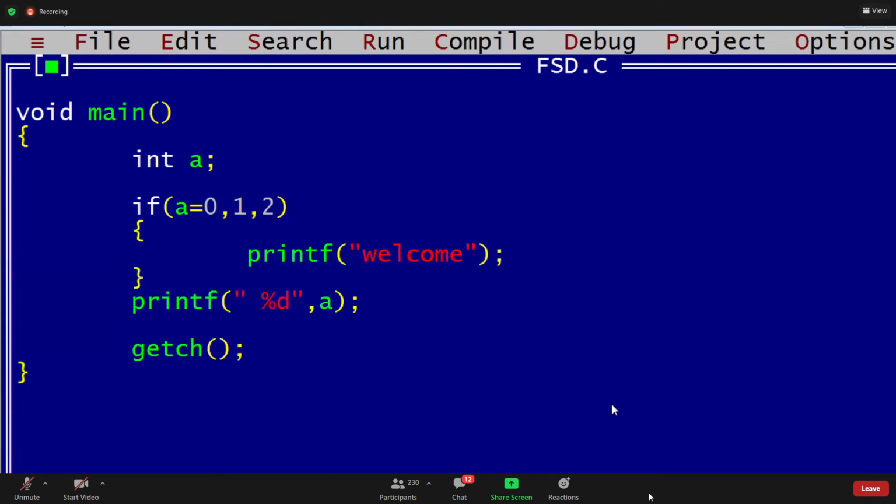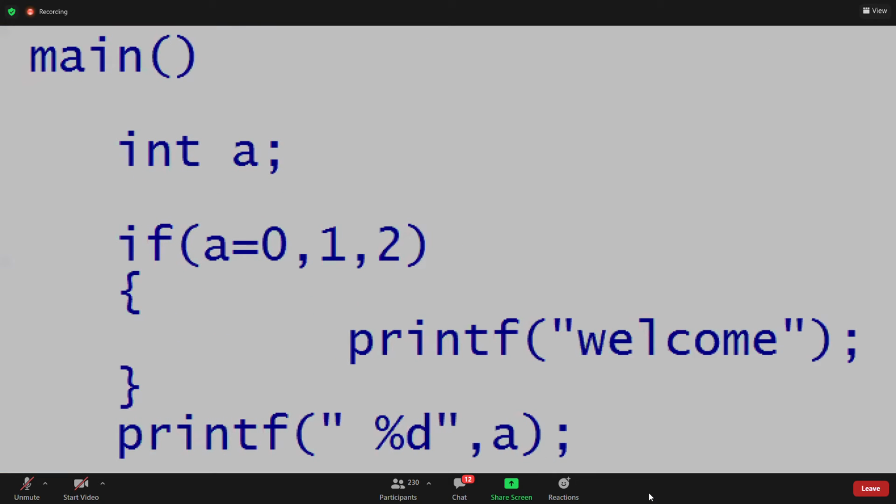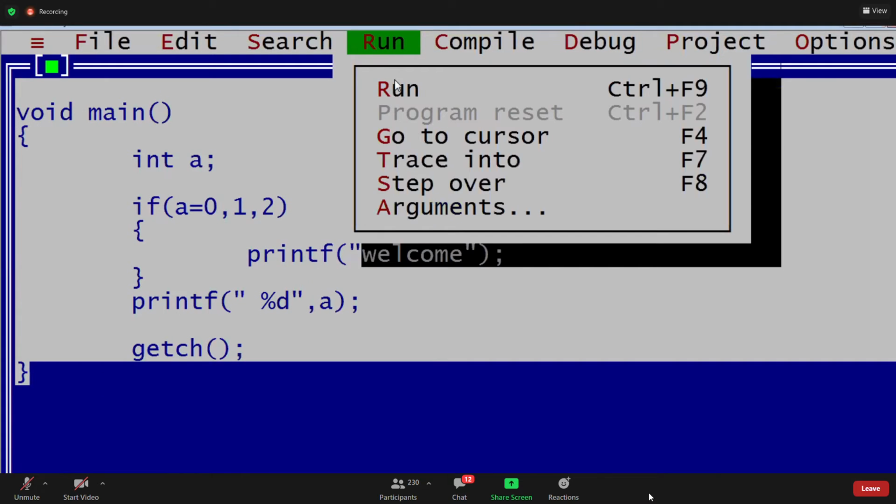Welcome 0, right? Does it print welcome? Yes, welcome will be printed, guys. Now how does it execute? First the assignment will take place, a value 0. After that, this value will be evaluated as 2. Then 2 is the answer. a value is 0, and the total expression value is 2, right? Then welcome and a is 0.